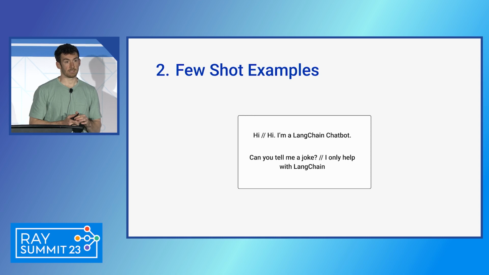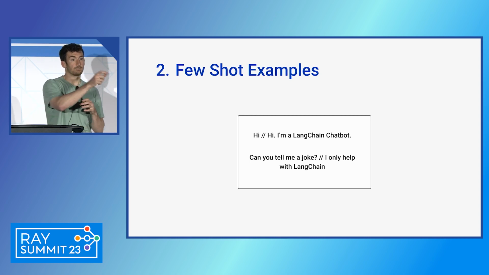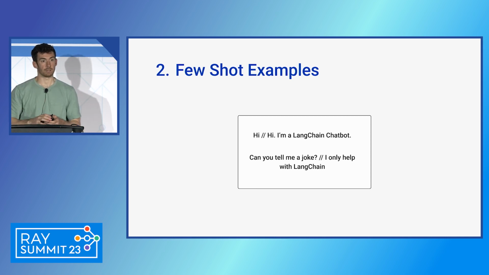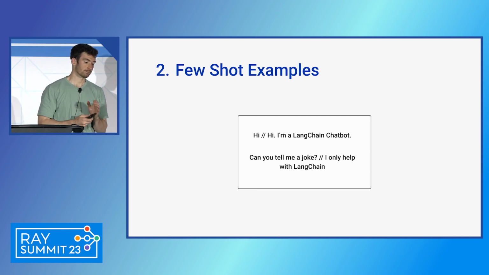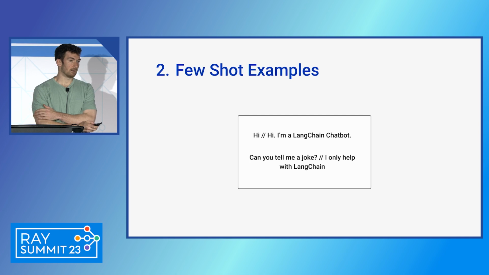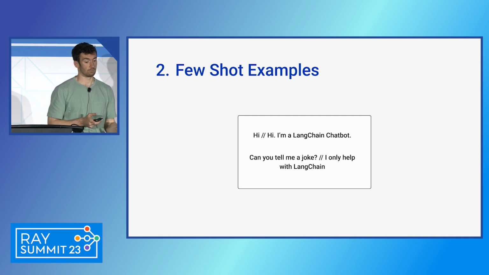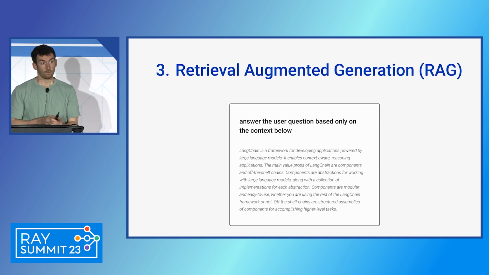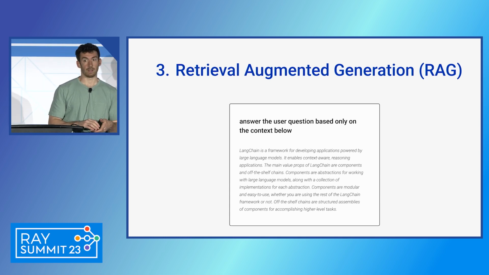The main way to do that is based on some kind of similarity score, comparing the vectors of the incoming question to some embedding for the examples that you have. And so bringing in these kind of "show, don't tell" types of examples is another way to provide context to the language model.